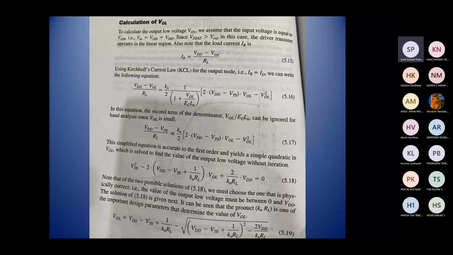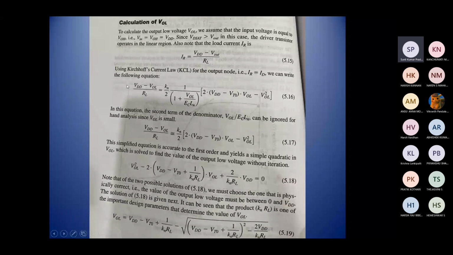The current going through the load resistance is equal to VDD minus Vout divided by the load resistance RL. Now Kirchhoff's current law is applied to the output node, so the load current is equal to the drain current. As you saw in the previous slide, the equation will be